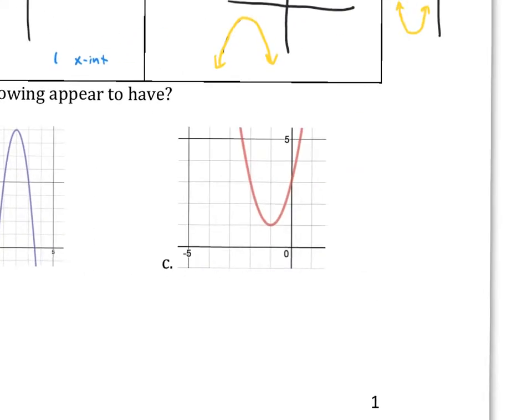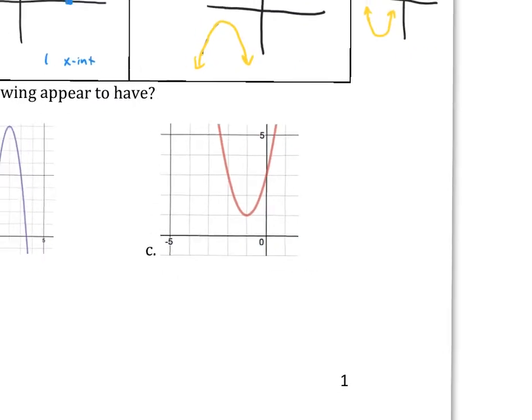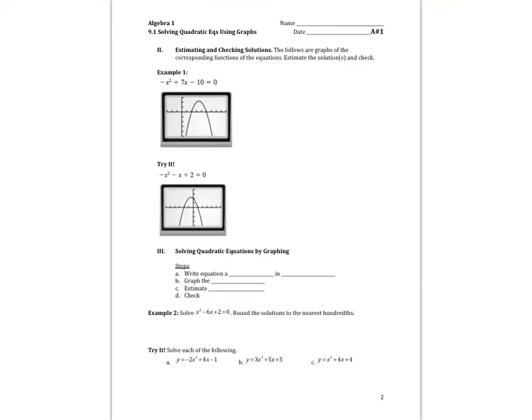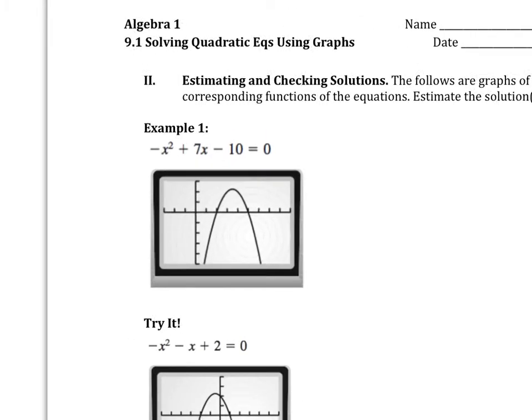And the last one. This one has 0 real solutions. It's very important in this case that we have 0 real solutions because later you're going to find out something called imaginary numbers. And these ones do have answers that are off in a different way. Okay, now that we've identified the number of solutions on a graph,